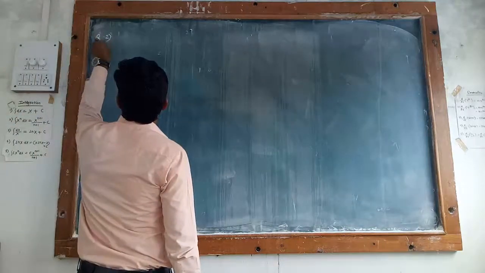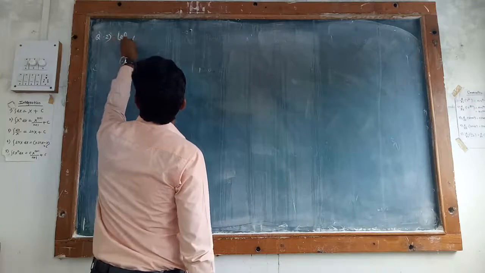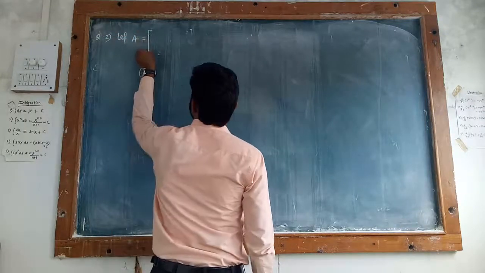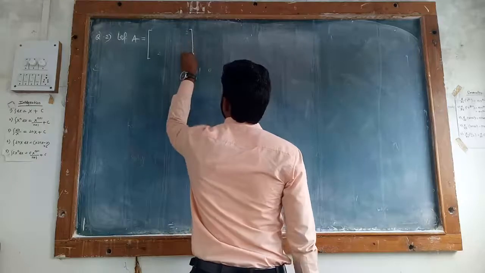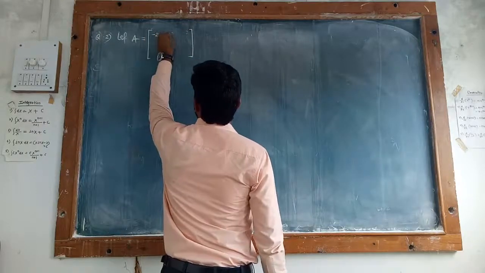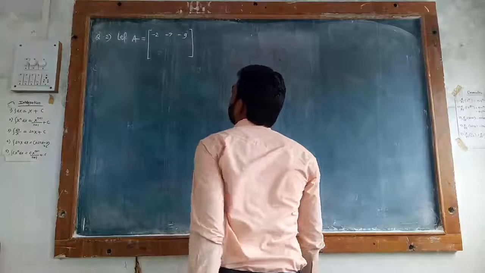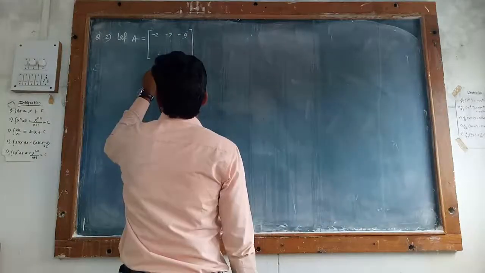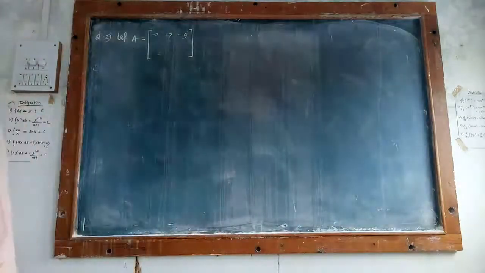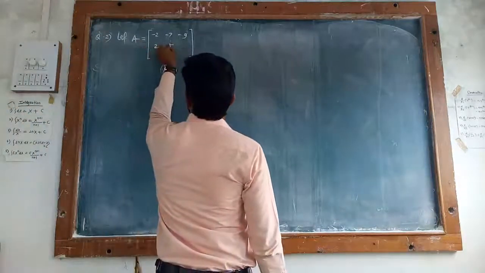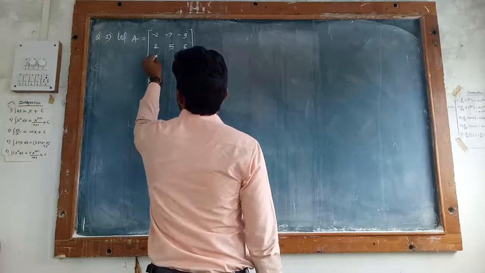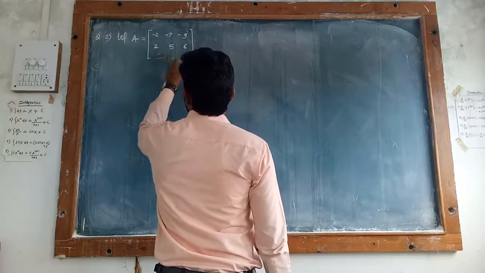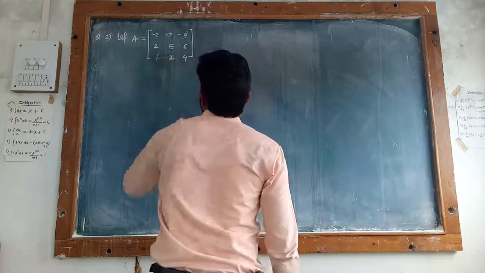Okay. So that was the next example, with the same procedure. That is question number 2. Let your matrix A be: first row is -2, -7, -9. Second row is 2, 5, 6, and the third row is